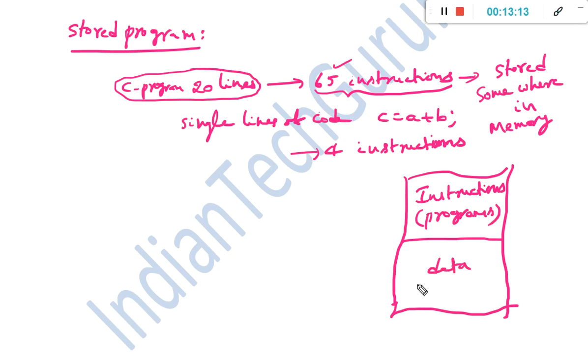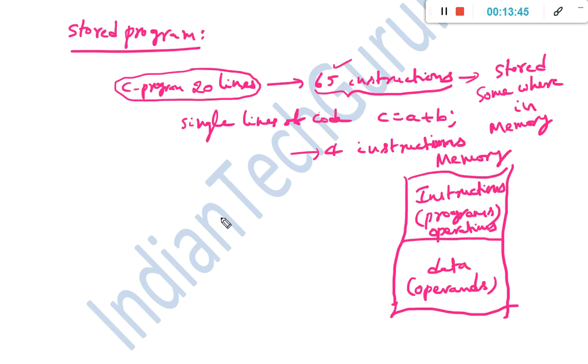Data is sometimes also called operands, and instructions are sometimes called operations.